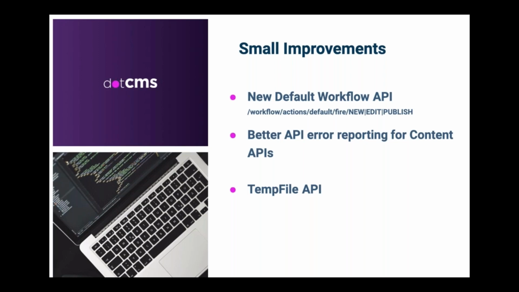This endpoint also has improved API error reporting and validation reporting. So when a piece of content is being persisted and that content is not valid based upon the rules set on the piece of content, dotCMS will report that back in the API response, and it'll be localized based upon the language that was passed into dotCMS.